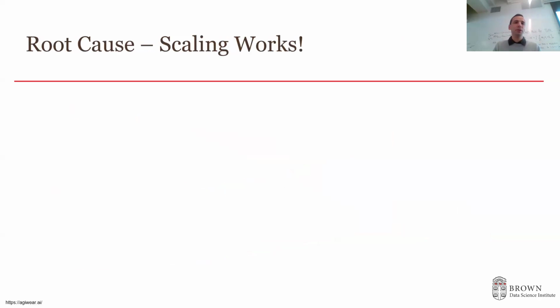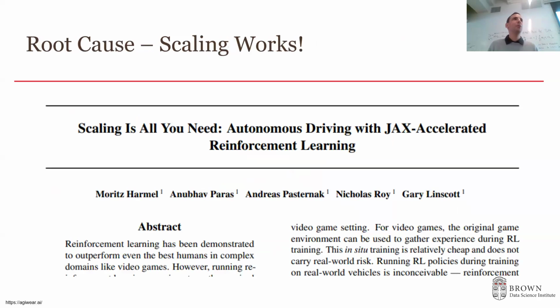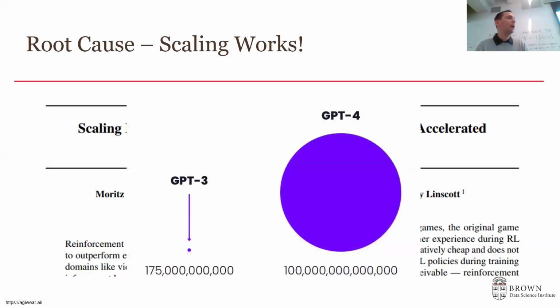Before we go into solutions, let's talk about the problem. Why do we even talk about efficiency in LLMs? The root cause is the scaling laws. I guess you have all heard about scaling laws, the combination of how many resources we have, how much data, and the size of the model. In a general sense, if I simplify a bit, the larger the model, assuming that you have the data and resources, the better the accuracy. A simple demonstration I found online is this visualization of the size difference between GPT-3 and GPT-4 in number of parameters. The larger the model, the better accuracy we get, but the less efficiency.